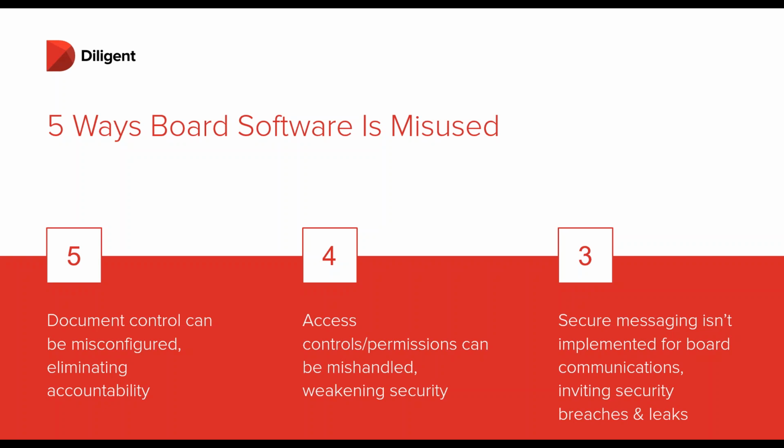Number three is something that we've been talking a lot about, and I'm going to share some data here in just a moment around number three. But secure messaging might not be implemented fully. What we've learned through some of the research I'm going to show you in a moment is that there really is this tension between convenience on the part of the directors and the security of their communications with one another. And so sometimes what we're seeing is that even when a company tries to implement secure messaging and they roll that out, they don't then take the extra step to reinforce its usage consistently, or to provide a set of standards and protocols that everyone must follow. And what that can do is, in fact, invite some security gaps and potential leaks. So those are three of the top ones.